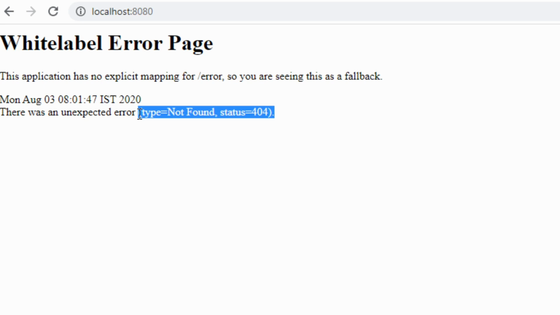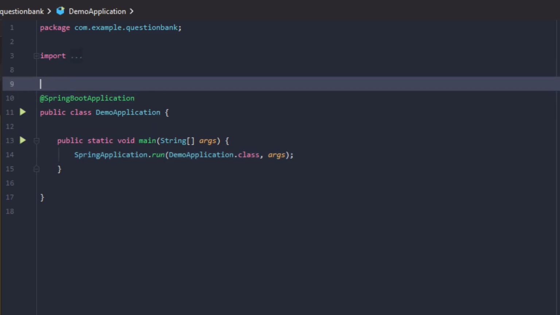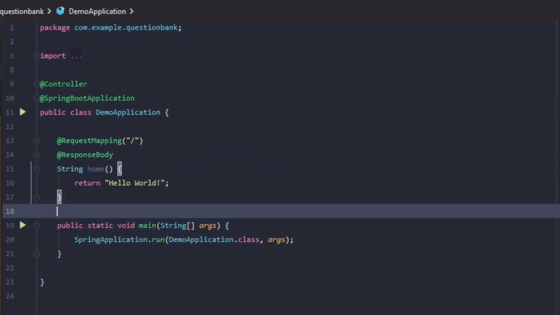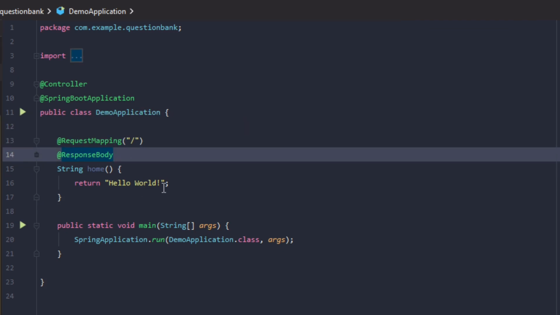So let's add a request mapping to the default path, and the dispatcher servlet will dispatch the HTTP request to this method. To do that, first we need to annotate our class as a controller and then add a method which returns a simple string response and annotate with the RequestMapping annotation and ResponseBody annotation. ResponseBody is a Spring annotation which binds a method return value to the web response body. It is not interpreted as a view name. It uses HTTP message converters to convert the return value to HTTP response body based on the content type of the request.